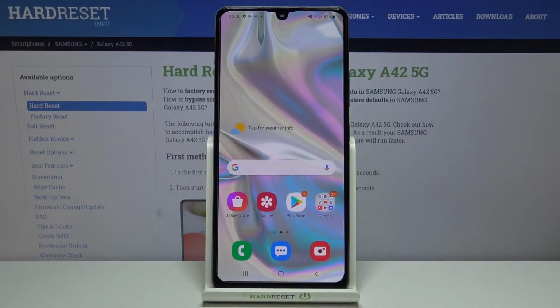Hi everyone, here we've got Samsung Galaxy A42 and let me show you how to allow unknown sources on this